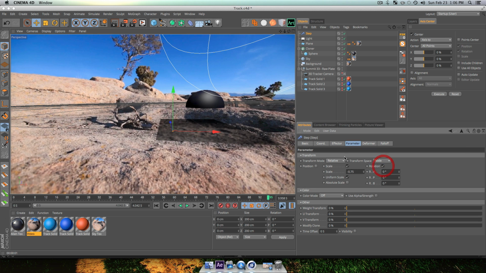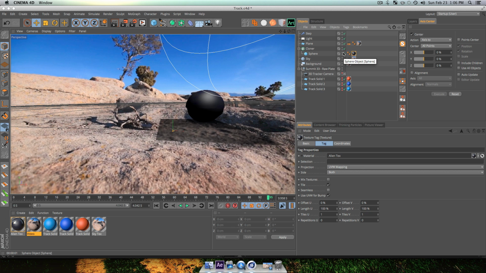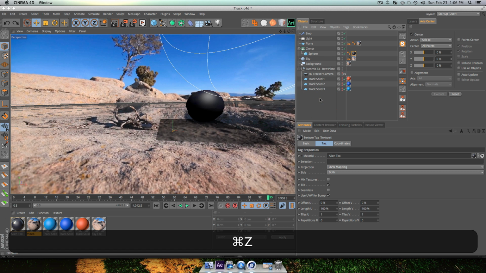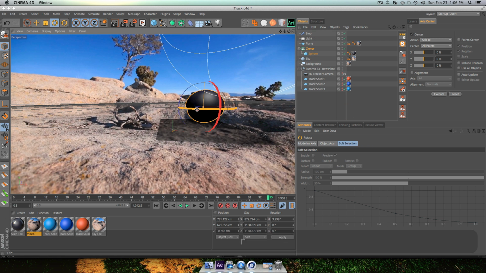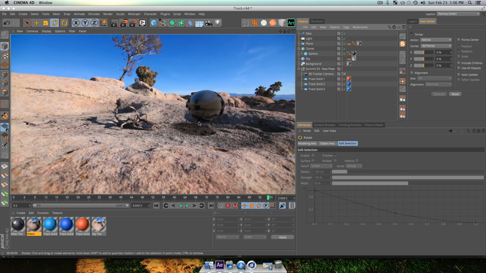Also in my rotation, let's do something. I'm going to change this, and I'm just going to rotate it a little bit. Actually, what I'm going to do is delete this alien object just for a second, so we can see what's going on. Actually, maybe I'll leave it on there. So Command R, and I might have to just rotate my cloner so we can see. As you can see, we have like a shell coming out of our object here. That looks kind of cool, and it looks pretty realistic as well.